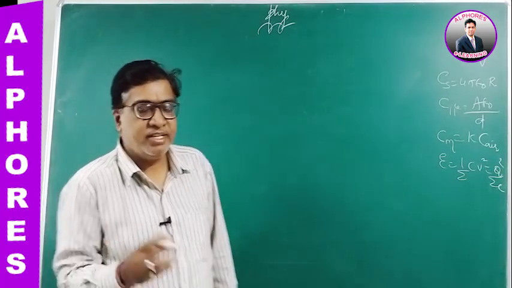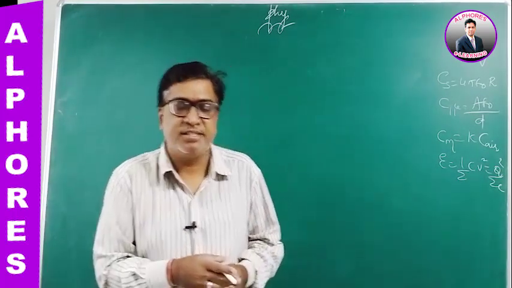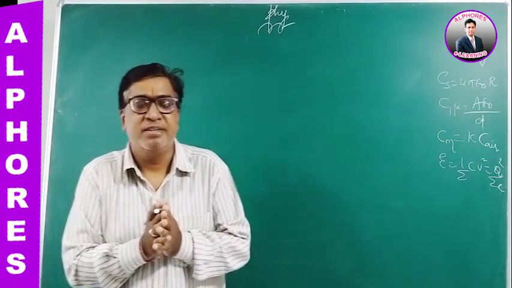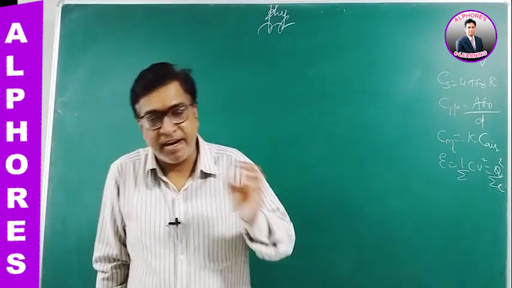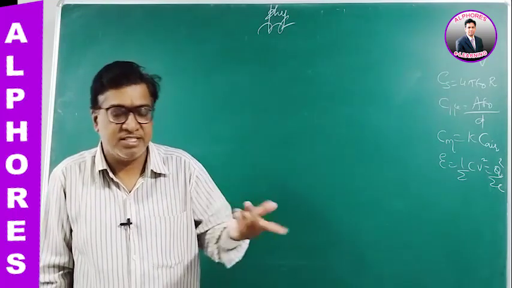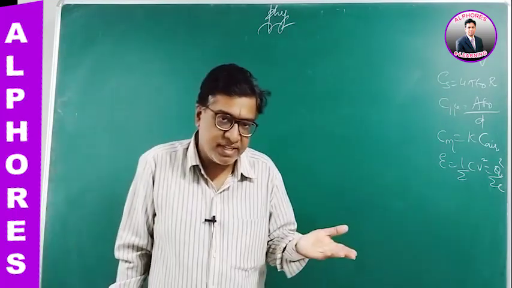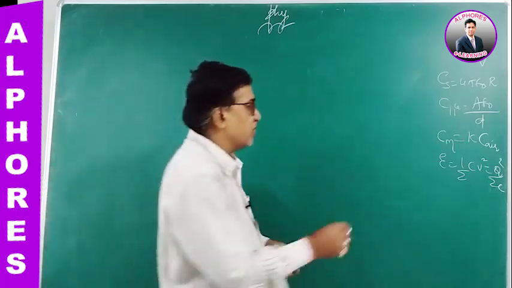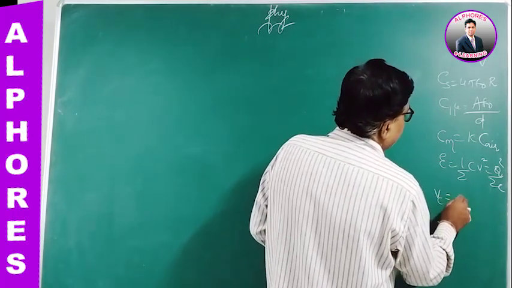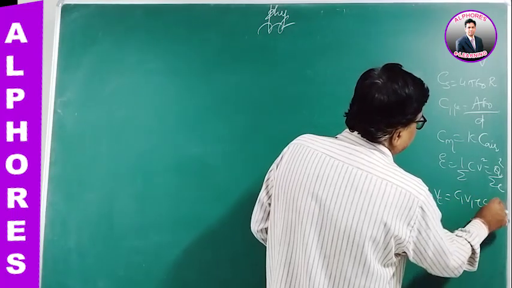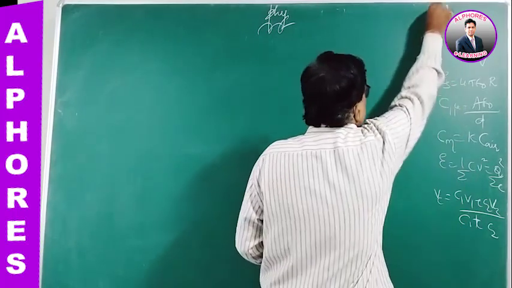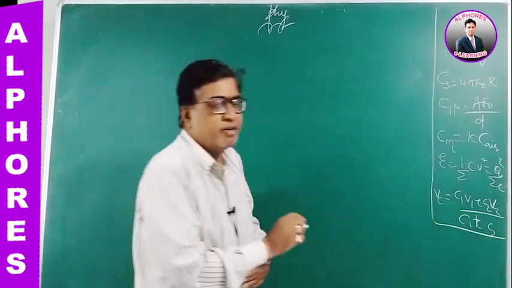We have also dealt with the cases where a dielectric is placed into the capacitor, and what happens to the energy when the battery is on and when the battery is switched off. Both cases we have dealt with. Later, we have taken the common potential, right? We know the common potential VC is C1 V1 plus C2 V2 by C1 plus C2. So this way, we have come across various formulas.